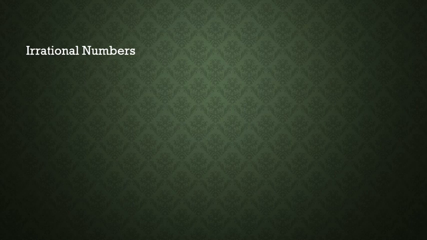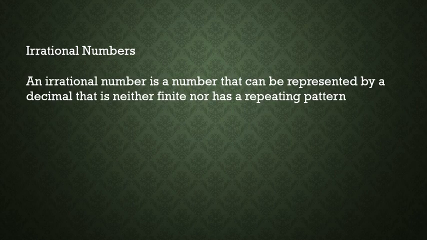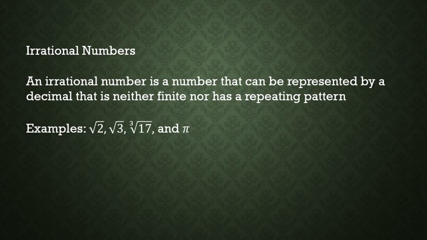So at the end of the previous video, we said that we could recognize a rational number if its decimal was either finite or it was infinite but with a repeating pattern. Well, a sense of a definition, or something you can look out for to try to determine if a number is irrational, is that it's a number that can be represented by a decimal that is neither finite nor has an infinite repeating pattern. Here are some examples of irrational numbers: the square root of 2, the square root of 3,